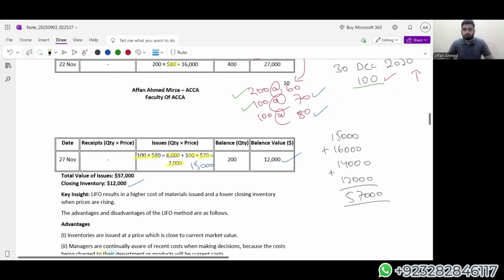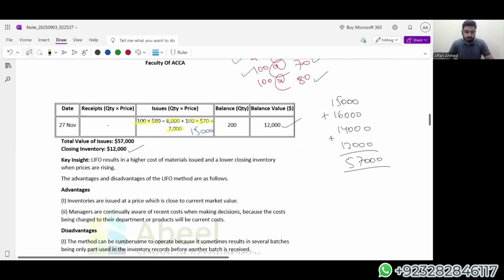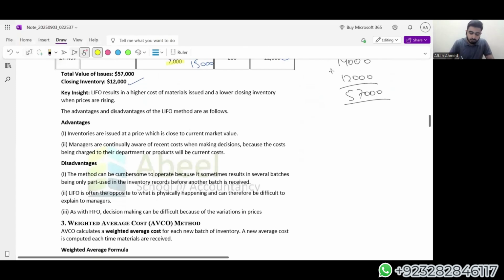So according to LIFO, the key things to remember are that LIFO results in a higher cost of material issued and a lower costing of inventory valued, which are not true and fair. If it was according to the market rate, we had no issues. But here the problem is that we are not operating on the market level. We are operating on our own. In the market, the inventory is expensive, but we are recording it in a closing inventory at a lower value. We see in the market that the inventory that was bought 2 months ago, the order that was taken 2 months ago, is not that expensive, but we are using the inventory that is expensive, and that will result in a possible